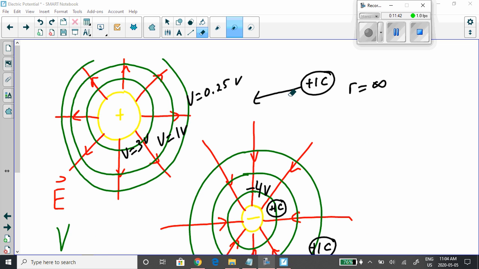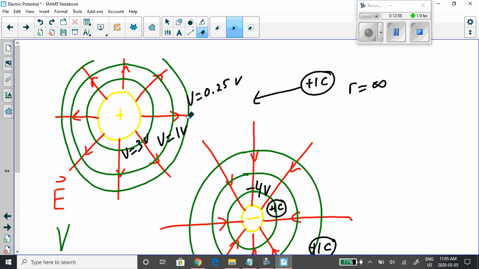So let's do a few examples here. Let's say I've got my 1 coulomb of positive test charge, there it is, and I'm at infinity. And I'm bringing it closer to this other positively charged particle right here. Well, there's a repulsion going on here, so I'm working against it, doing work to bring this positive test charge closer and closer and closer. When I get to here,